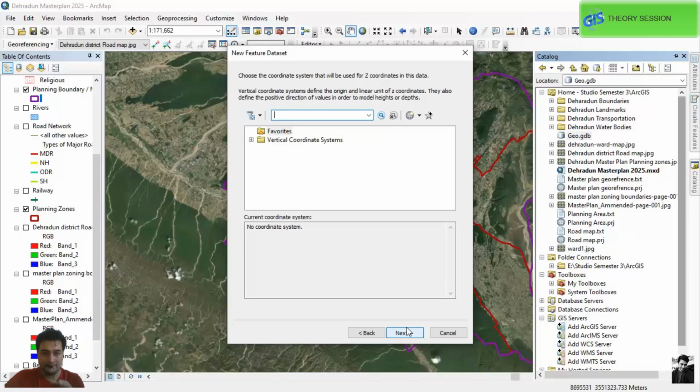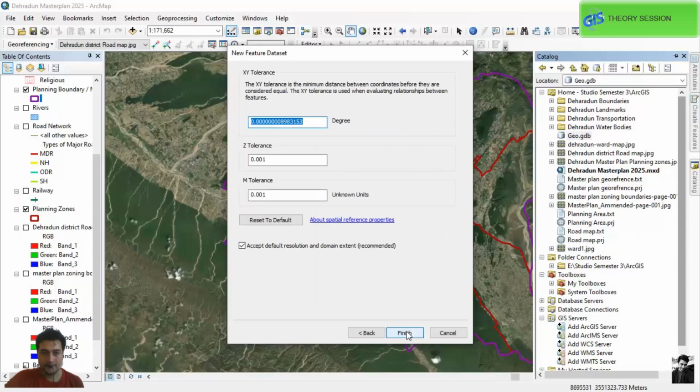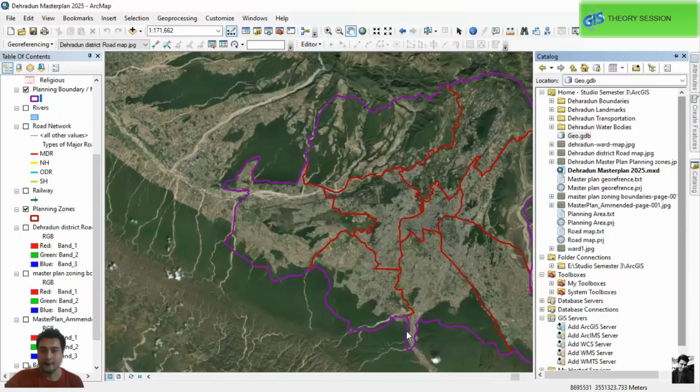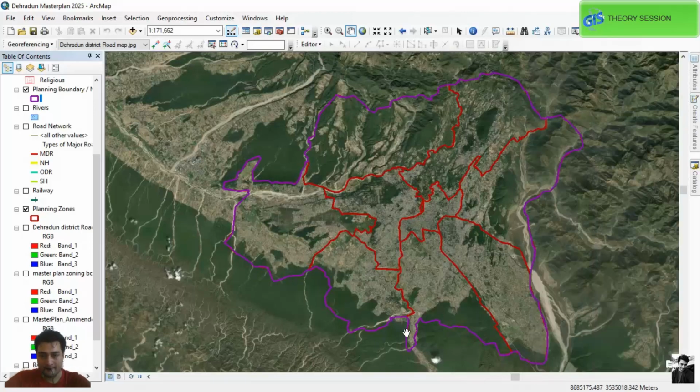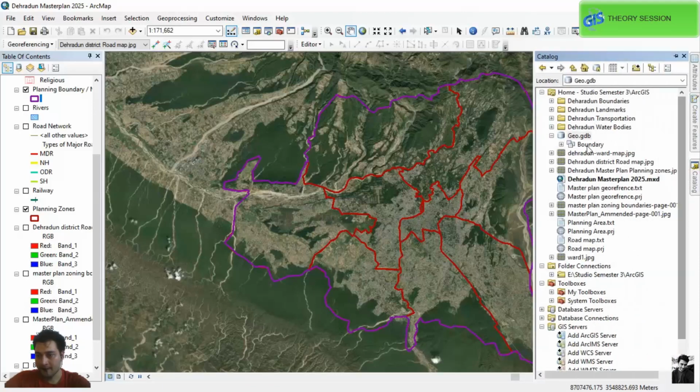If you want to save to the favorites, you can keep it from here. Let it be just normal and move ahead. We have got our geodataset. After getting the geodataset, we can create feature classes also.